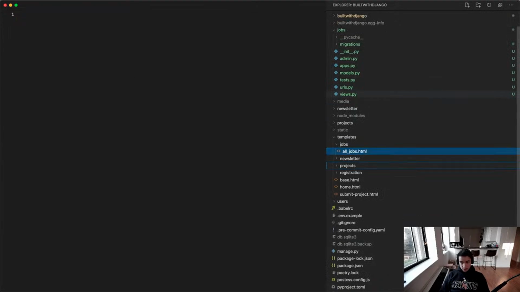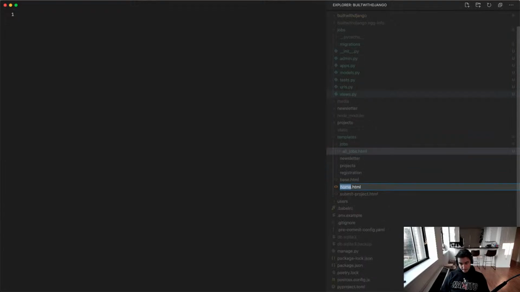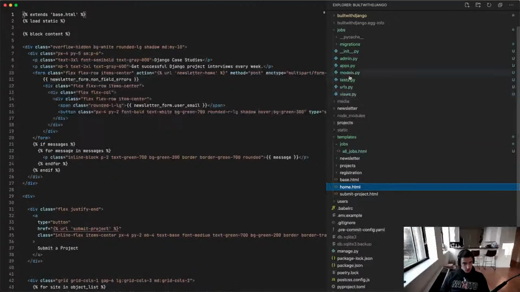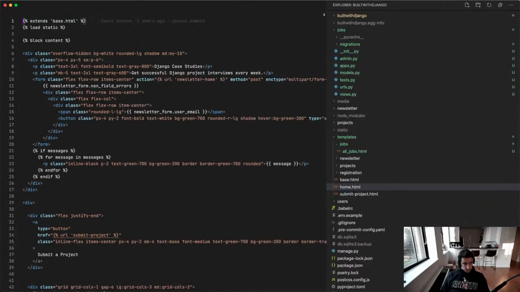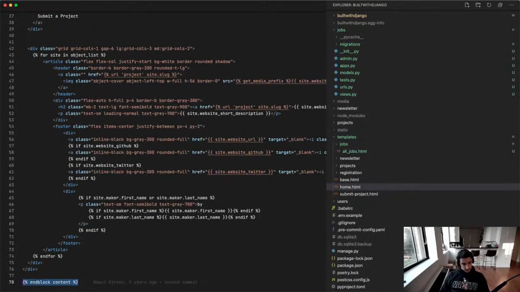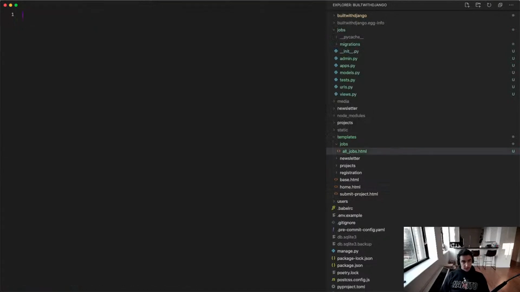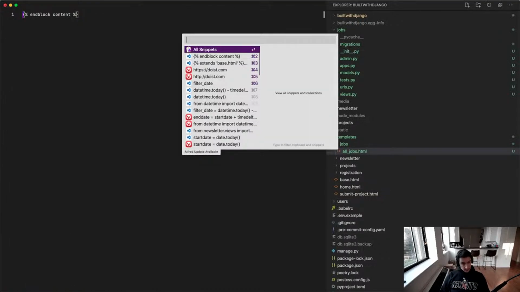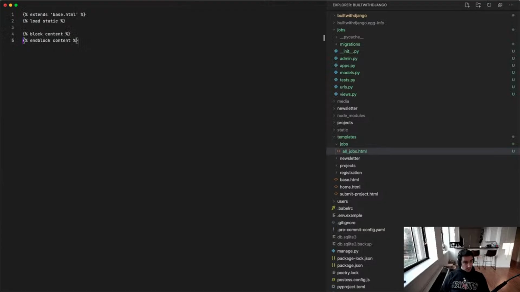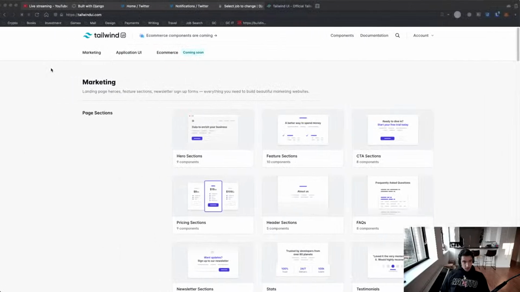Let us also copy this, for example, home. So I'm going to extend the base HTML. I'm going to block content, right? And that's it. And end block content. So I'm going to have all jobs. This and then this. Yes. Okay, so